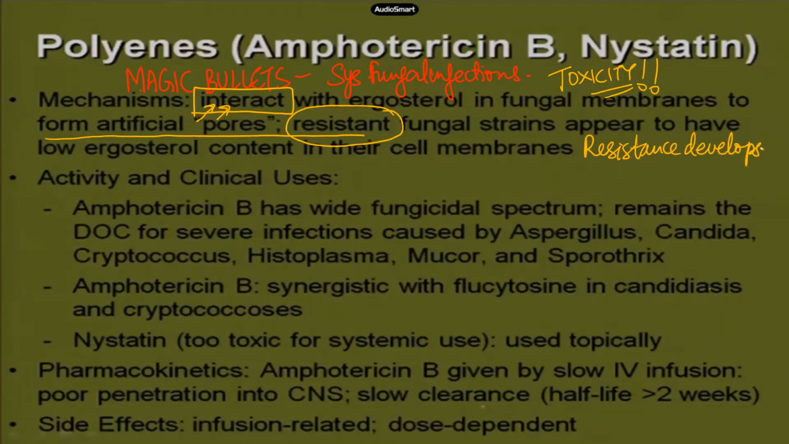Now, amphotericin B, coming to the activity and clinical uses, amphotericin B has the widest fungicidal spectrum of all the antifungals. Therefore, it remains a drug of choice for any severe systemic infection that you can think of, whether it's the classic aspergillosis, which could result in necrotizing pneumonia, right? It could be systemic candidiasis caused by Candida, as it affects our HIV or immunosuppressed patient, particularly the invasive form